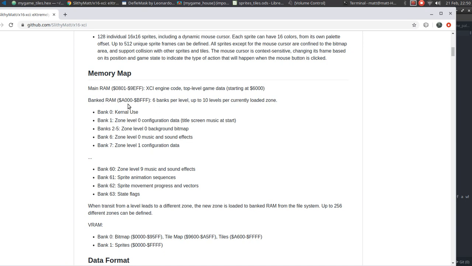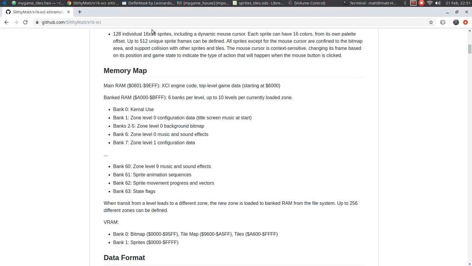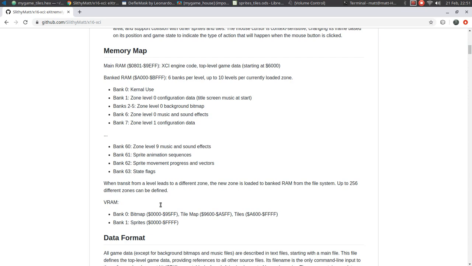And then up in banked RAM, this is where we have the data for the different levels of the games, the other bin files that we just sort of dump into here. And then at the very top end, the basic configuration for the X16 has 64 banks, 64 8K banks of RAM for 512K of banked RAM, and those top three I use for special purposes, which you can read more about in the README file. But then in the VRAM, I have